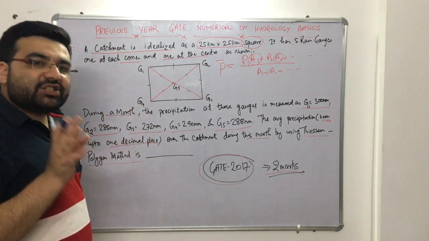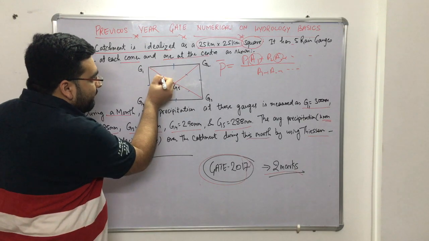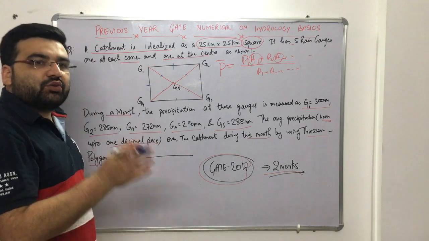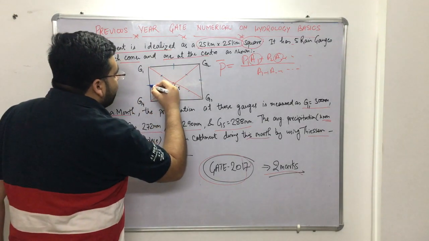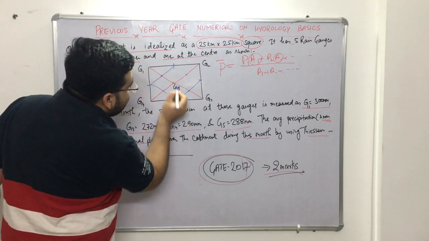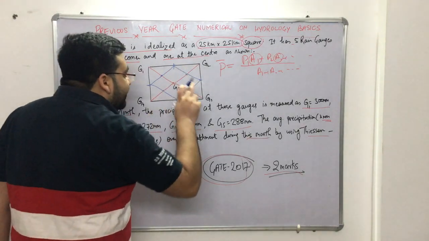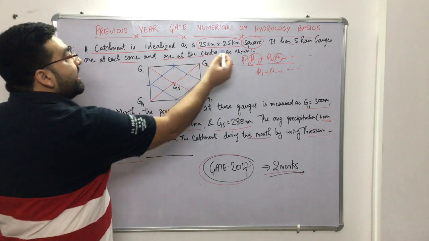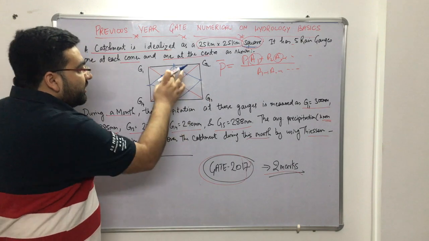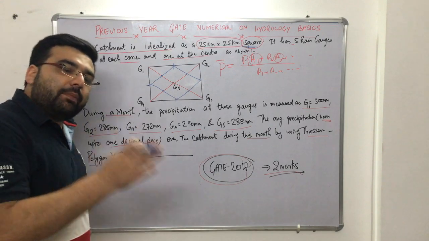Now this is a property of a square: if this is a diagonal, the perpendicular bisector of half of the diagonal and the adjacent side's bisector will pass through the same point. So if I join these, they will pass through this point, like this, like this, like this. Now what we have got, and this is also a property of a square, is that when you join the perpendicular bisectors, the central polygon will be a square.